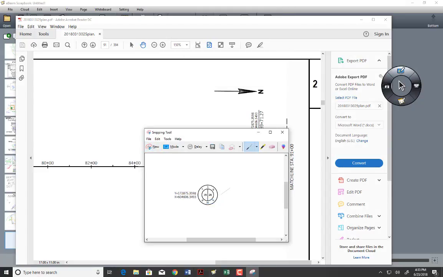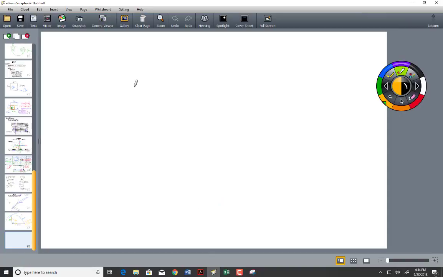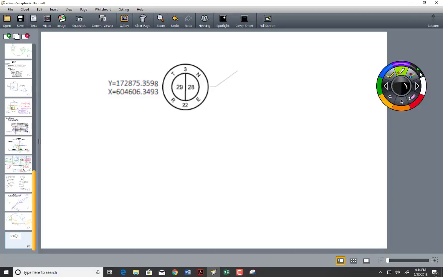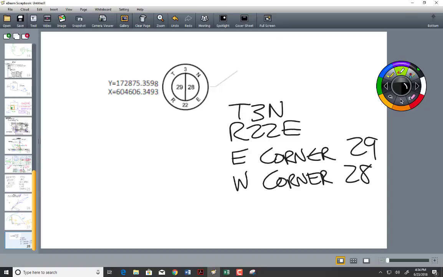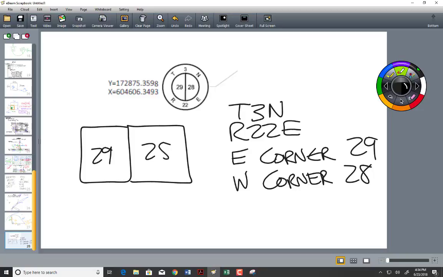So this is my section corner. What section corner is that? That is Township 3 North, Range 22 East, east corner of 29, or the west corner of 28. Because if we look, here is 29, here's 28, here's 29, here's 28. And so we have all these section corners. So boom,